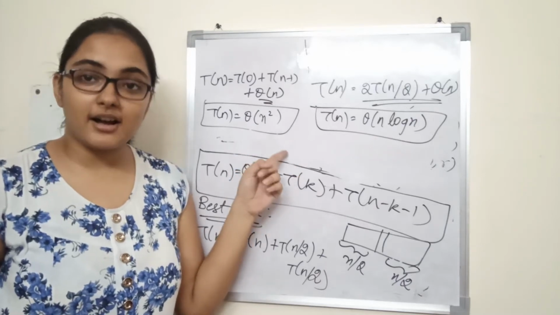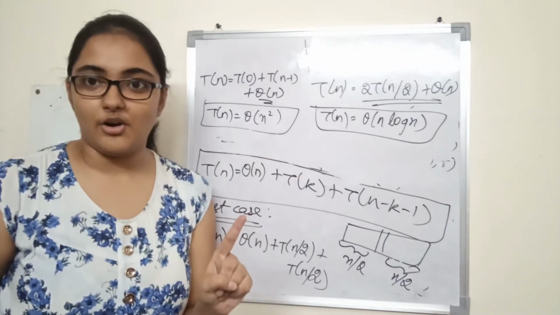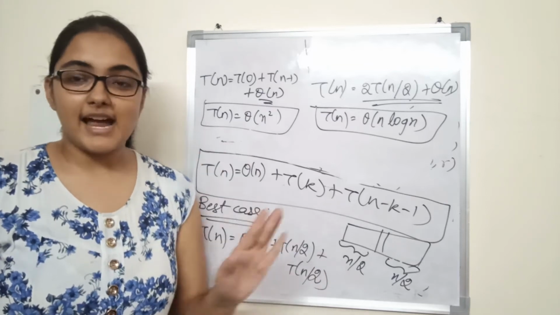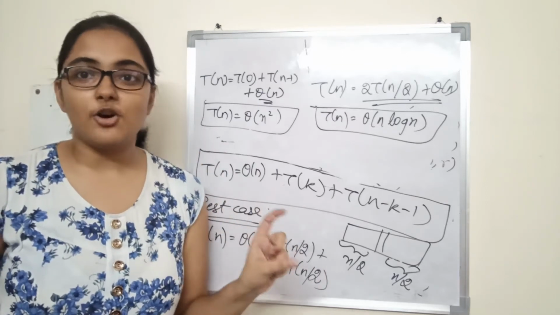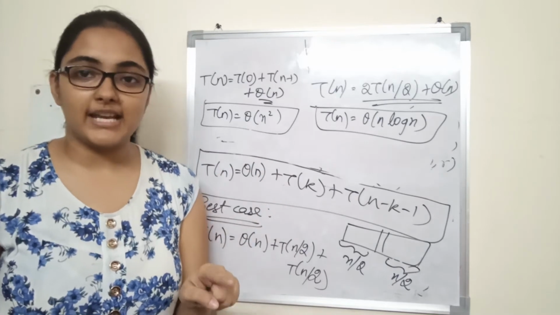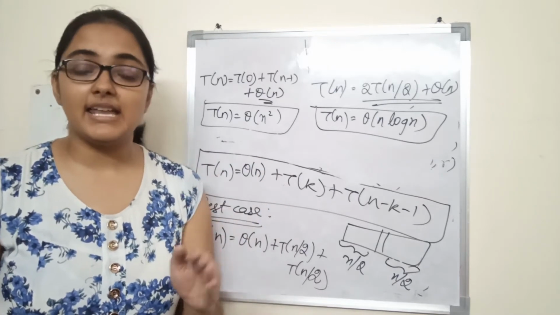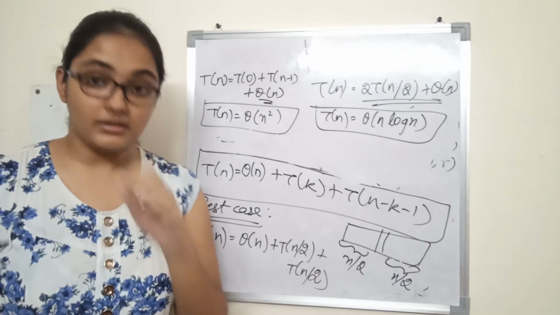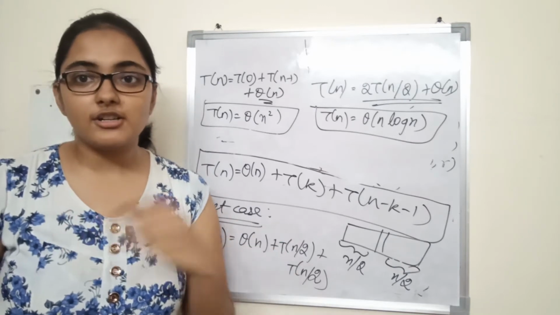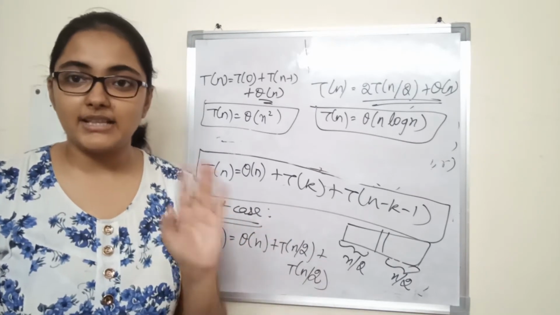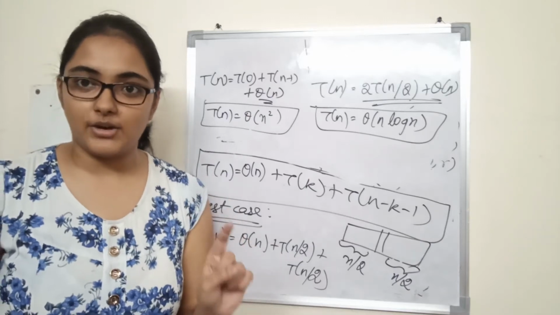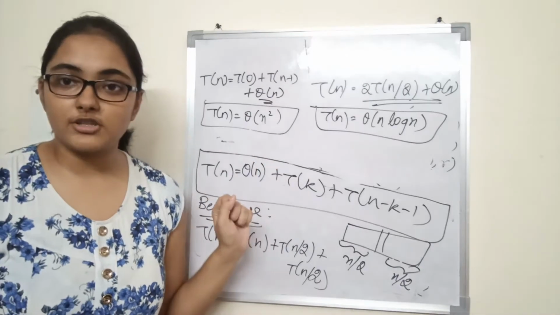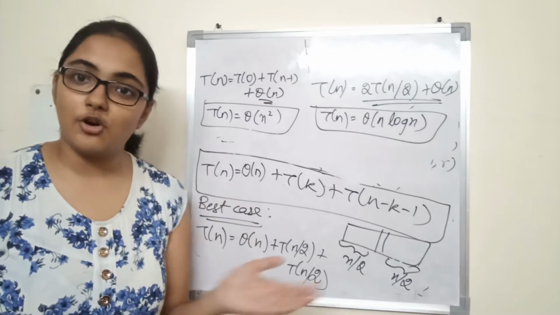This worst case occurs when the array is already sorted. It is very funny that the worst case occurs when the array is already sorted. In that case, quicksort takes theta of n square time when the array is sorted either in ascending order or descending order. In both the cases, it will take the worst case time complexity. So that is one disadvantage of quicksort, that it takes so much time when the array is already sorted.